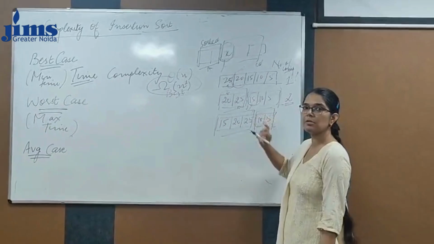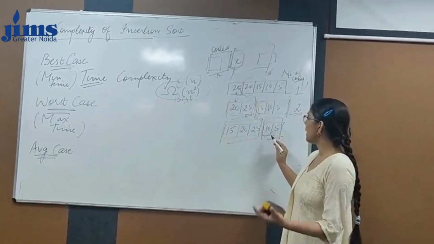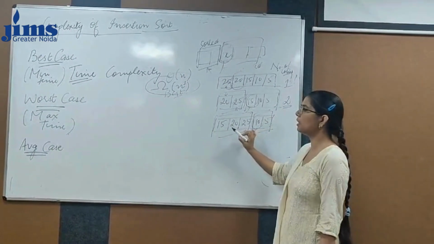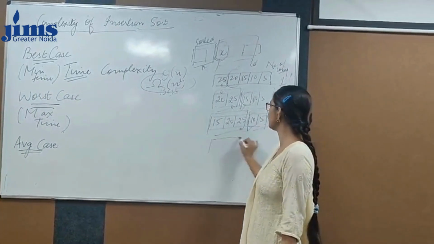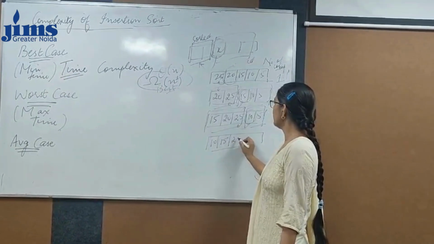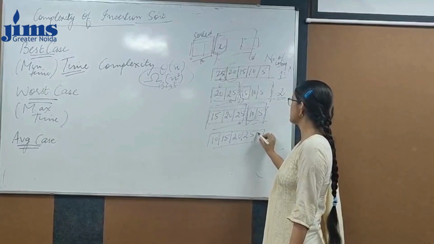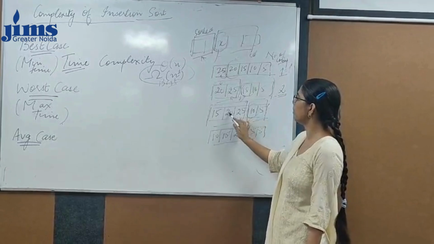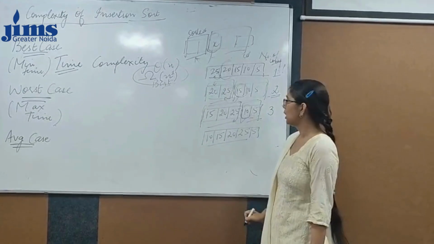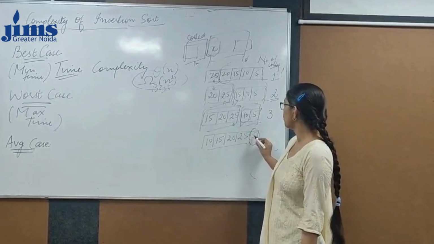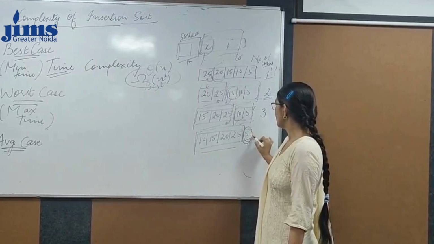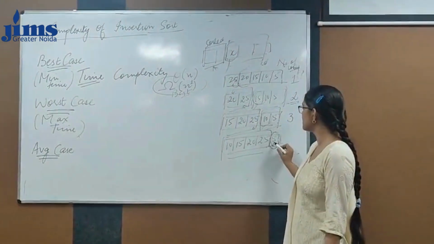Now is the turn of 10. How will the comparisons be executed for inserting 10 into the sorted portion? First with 25, then with 20, then with 15. Each of the 3 values will be shifted to the right, and then comes the leftmost position where 10 will get inserted. So 10 was compared with all 3 values. How many comparisons did 10 encounter? 3. Now the same scenario comes with the last value, 5, the first value in the unsorted portion. Since 5 is smaller